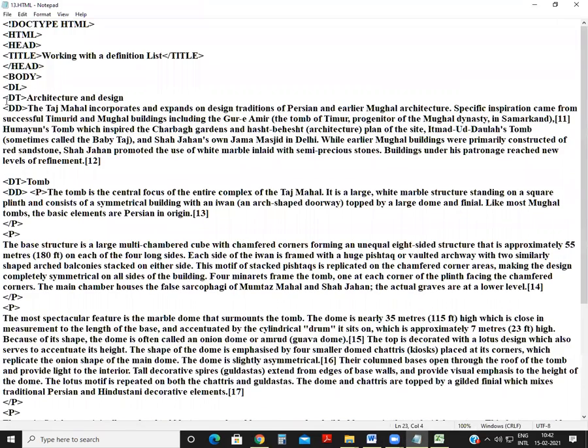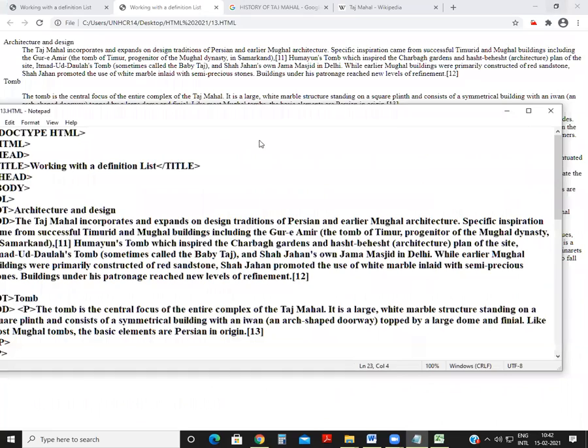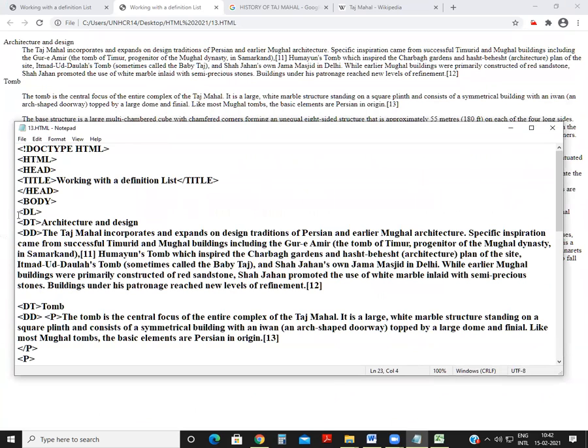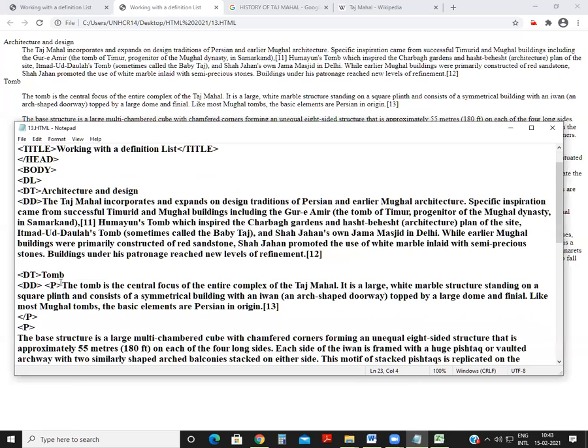Yes, sir. Where will we use DL at the beginning of this option? If you're going to write a paragraph and make headings like this, and there should be a gap between the heading and paragraph, a distance from the left side of the page, at that time you have to start the coding with DL, then write a title under the DT tag, and there is no closing tag after DT. Then we write the paragraph as data under the DD tag. It is the same like that. Very easy.